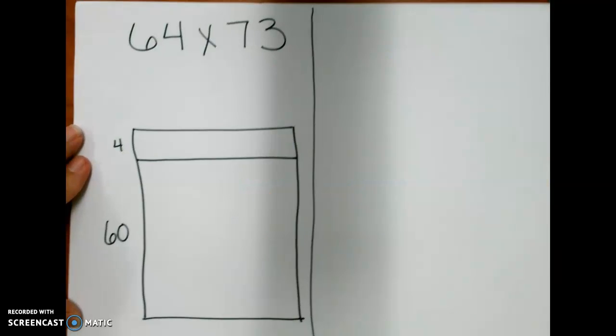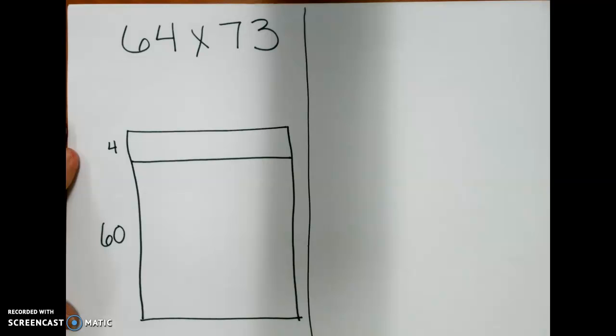Okay, so the first problem we're going to do is 64 times 73. Now, make sure you have your notebook and you're writing all of this down and doing it with me, because if you don't, you're going to get really lost really fast. So pause the video, go get a paper and a pencil or your math notebook, turn to the next clean page, draw a line down the middle, and then draw your area model just like I have it. Once you have the area model drawn, then restart the video, and we're going to multiply,